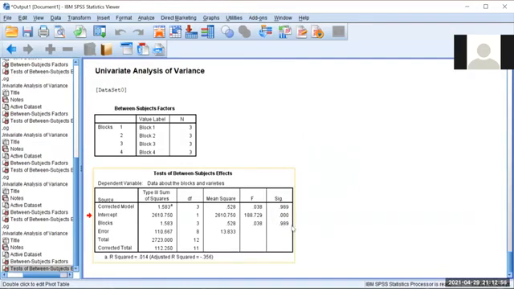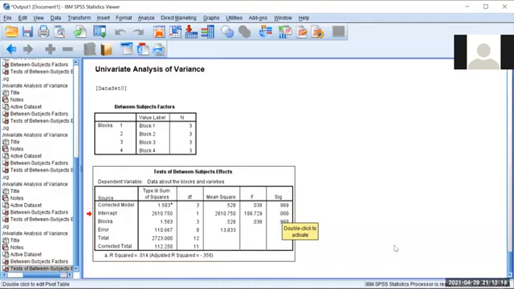Whatever the significant value is straight to that factor name, that only you should take. Don't take the 0.0, that is the intercept. It shows how much impact the independent variable has on the dependent variable. So don't take that. Whatever is straight to the factor name, see 0.989 is straight to the block.